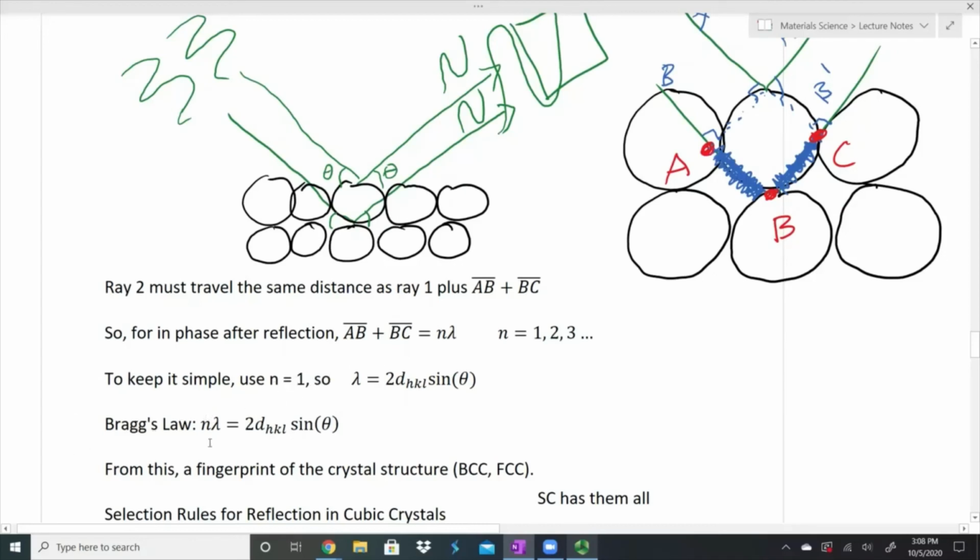And so what we do is we use Bragg's law. Bragg came up with this. There are actually two Braggs, a father-son team who came up with this. And this is the equation to be able to figure out this spacing between